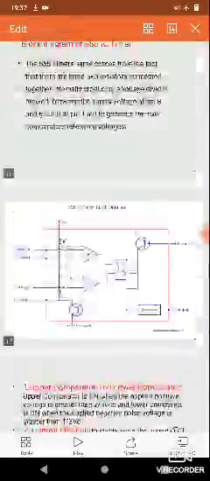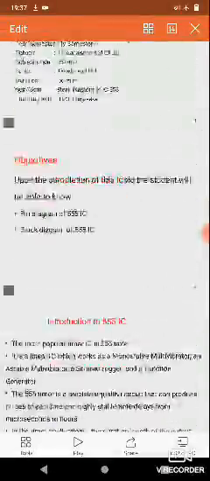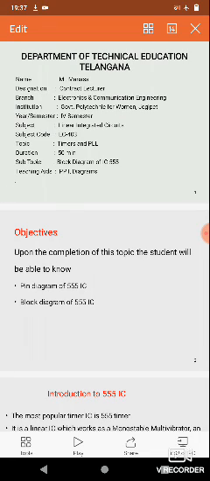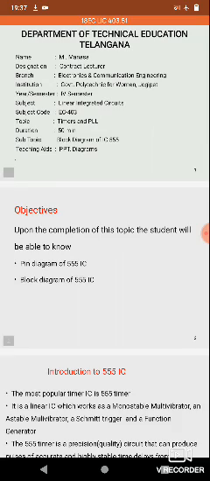So these are all about the introduction, pin diagram, and block diagram of the 555 IC. The next topics in our unit are astable multivibrator, monostable multivibrator, and the last topic in our unit is PLL. PLL stands for phase lock loop: its definition, types of PLL IC, applications of PLL IC, and various functions and definitions. These are all about our fifth unit, timers. We only covered the 555 timer in our session now. Thank you all.